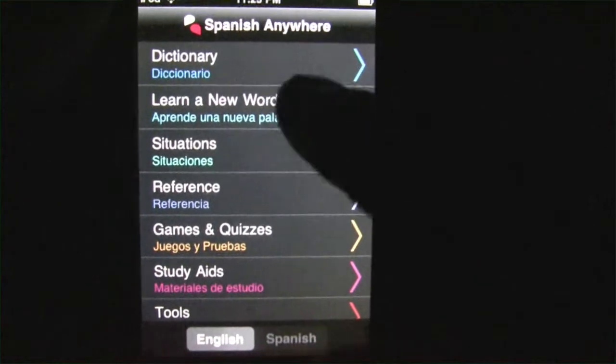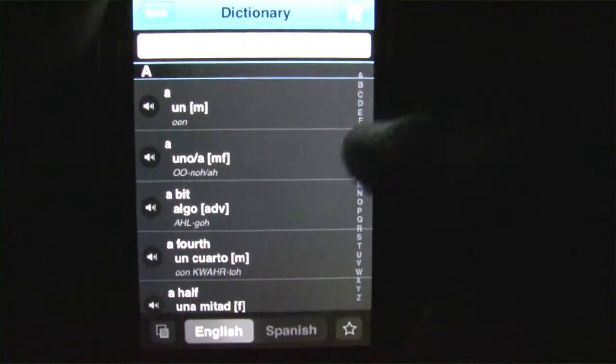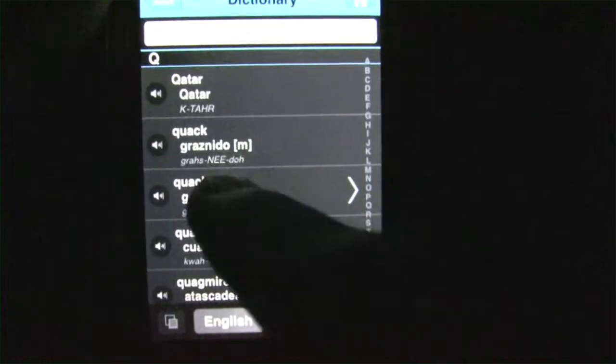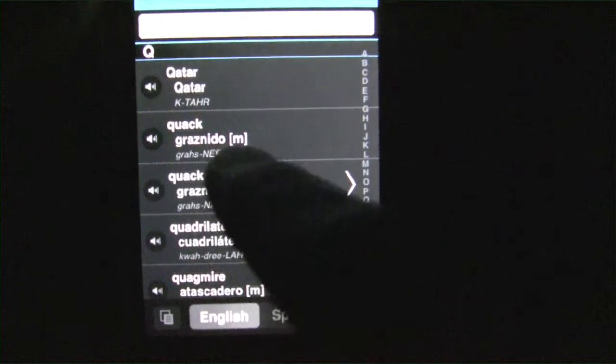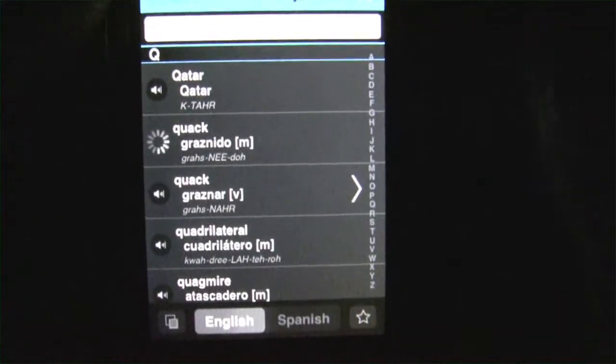So here we go. Straight off the bat, let's show you the dictionary, and this is a really impressive dictionary. There are thousands of terms here, and the benefit is that you can have the word, like quack, and I actually want to know how to say quack in Spanish. If I want to know how to say it, you just tap this little button,